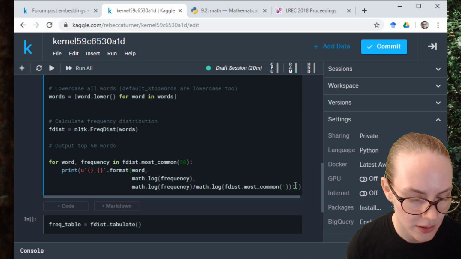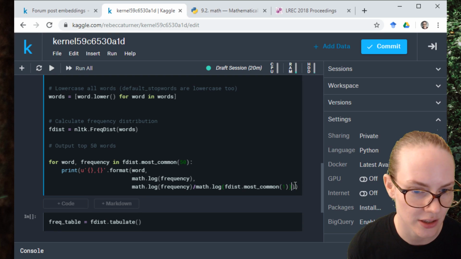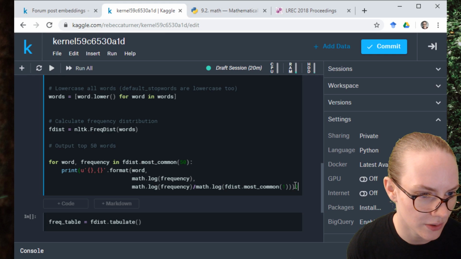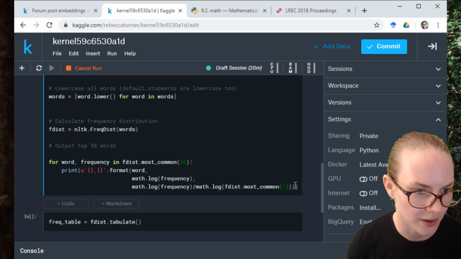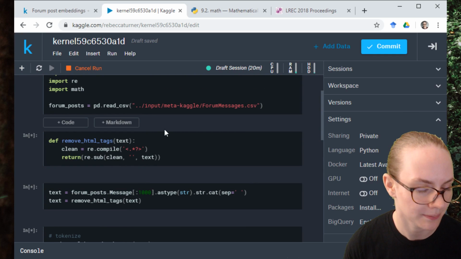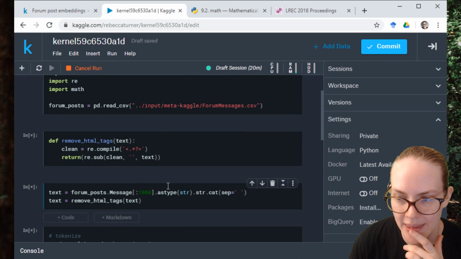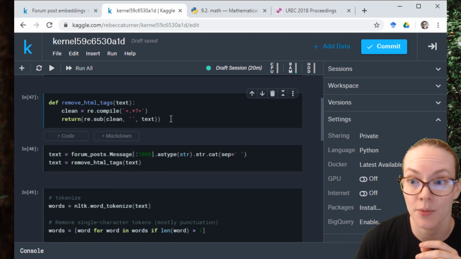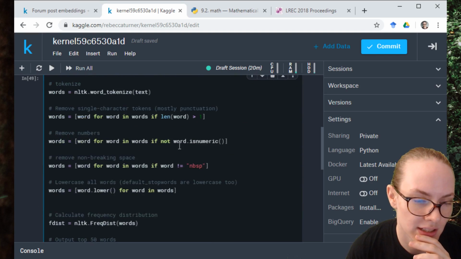And I think I don't actually need that one. I do need this. All right. Let's try running all and see what we get. So I think this will give us the salience term that we're looking for. So it's just, instead of using the